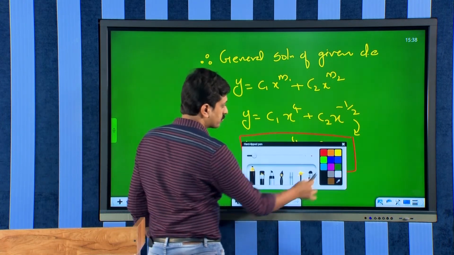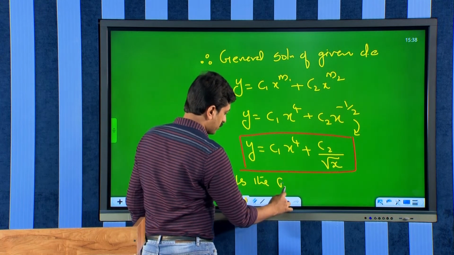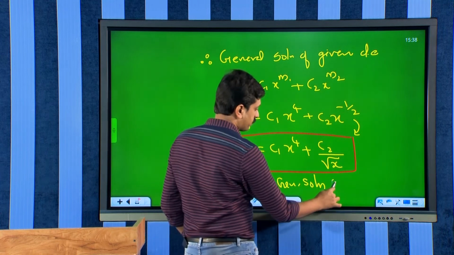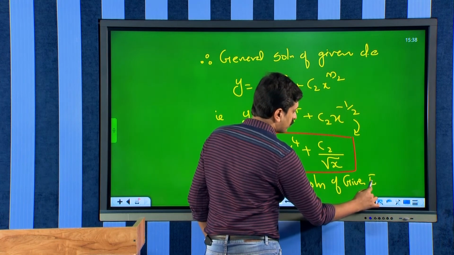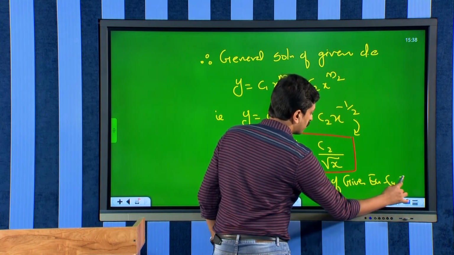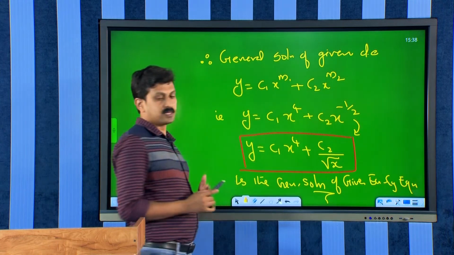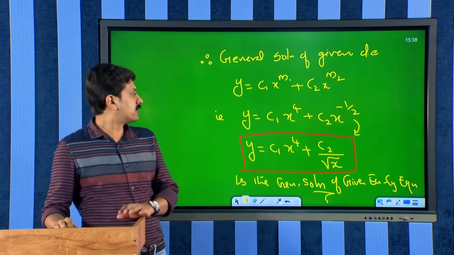This is the general solution of the given Euler Cauchy differential equation. Okay, see, in both cases, my dear students, what we did here,